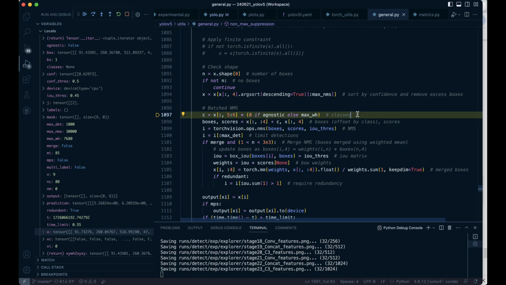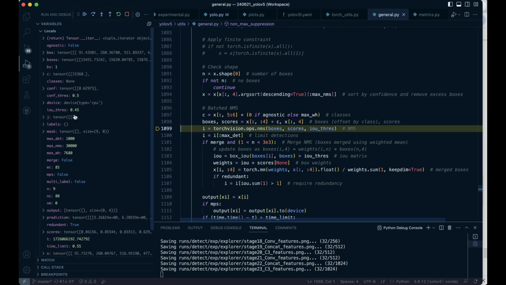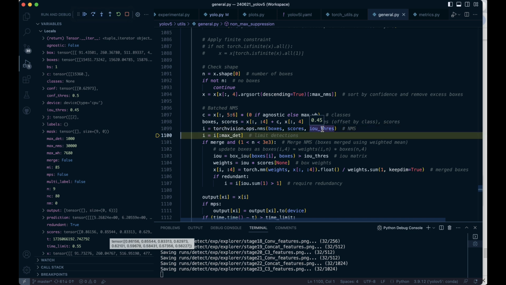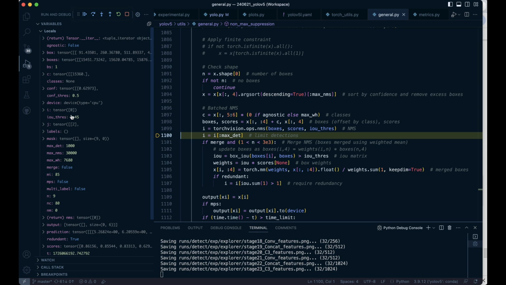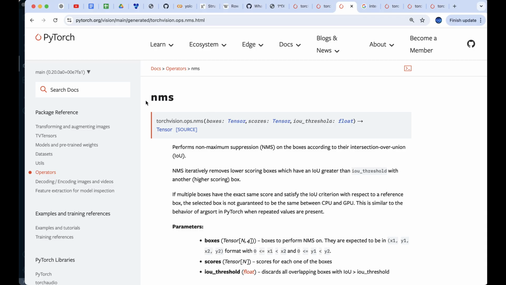So we can do the same steps here. And you can see that boxes is right here and scores right here. And we're also providing as an argument the IOU threshold of 0.45. So when we run this, you can see that I is basically tensor 0. But we're going to have to unpack this a little bit because there's a lot of information here that is very valuable. So the first thing is that the non-max suppression algorithm, we know that it takes these 3 arguments